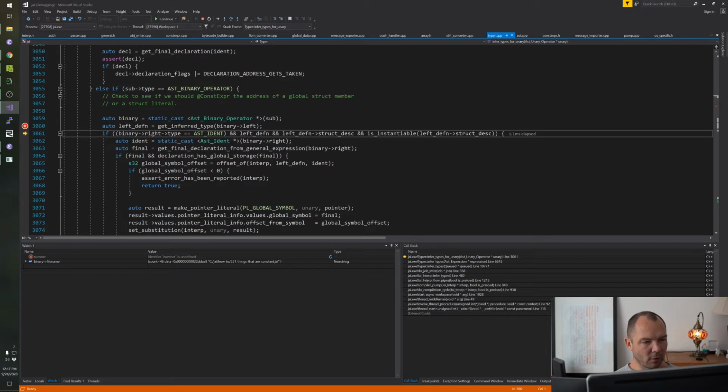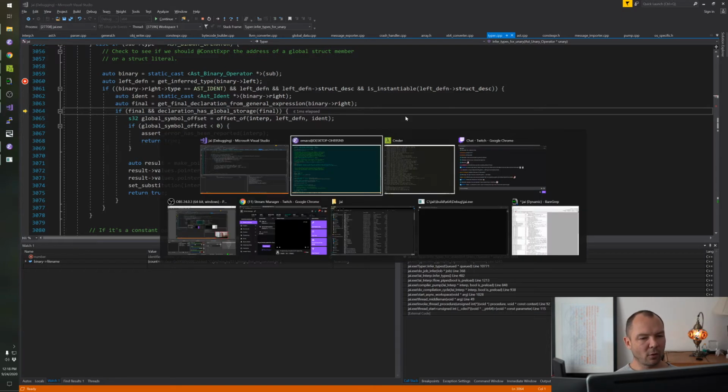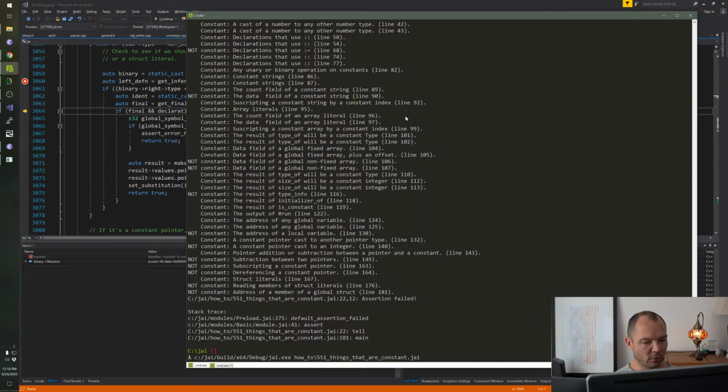Binary right type is s-ident, left defin struct desc. I assume it's instantiable, yeah. Final also. How did this not, did we just run the wrong compiler?